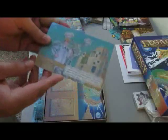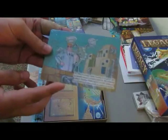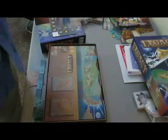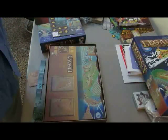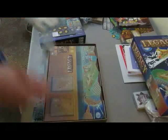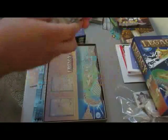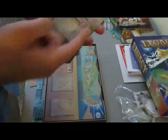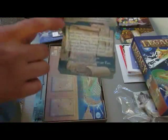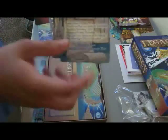The character cards. Real nice. Some of the custom artwork on the back. Dr. Tilton, the mechanical moose. So this serves not just as a character card, but a player aid as well. So the character name here, the pursuit technology, and the list of possible actions, and a little reminder for the